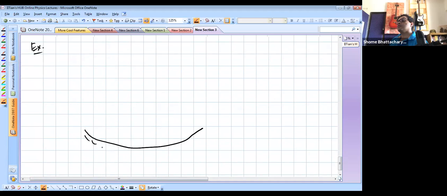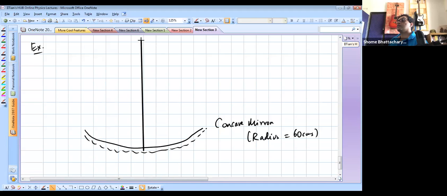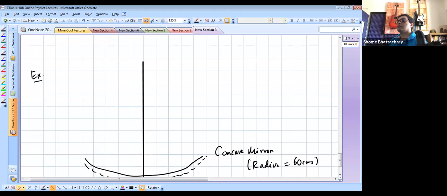We have, let's say, a concave mirror with a radius of curvature of 60 centimeters, and this point is its pole. Now what we have also done is, you've seen plenty of questions like this, you put a layer of water over here,